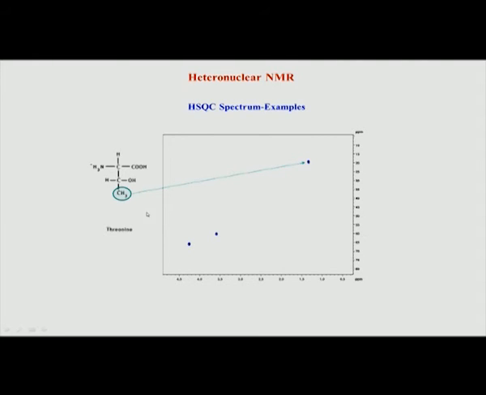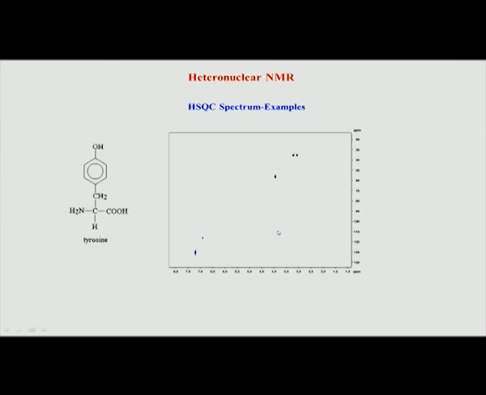So, let us assign now which is which. Methyl is this peak, upfield shifted, this CHOH is the downfield shifted one, and the middle one is the CH alpha amino acid peak. So, let us look at some more examples. This is on an aromatic amino acid. So, we are looking at different types of amino acids, and because different functional groups are there, it will help us to look at where the peaks come in HSQC.